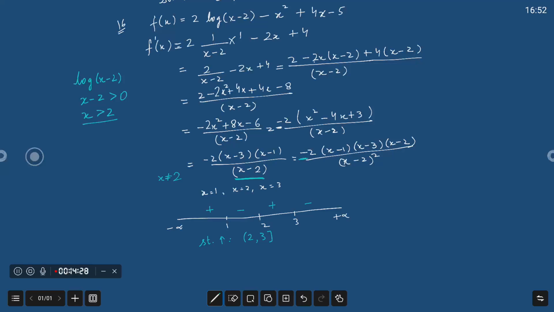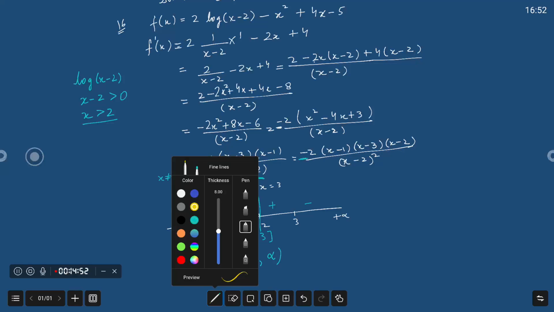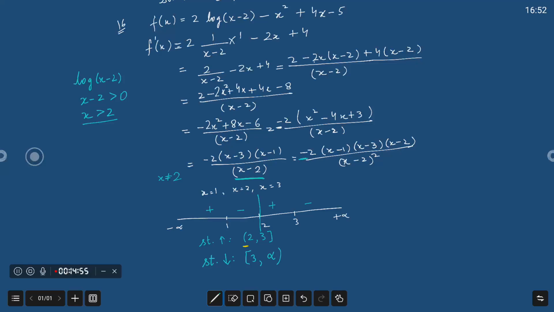So that's why when you are writing the intervals for strictly increasing and decreasing, you will consider only the intervals on the right side of 2, not the intervals on the left side. Just ignore them. So the answer for this is going to be strictly increasing in the interval 2 to 3 and decreasing in the interval 3 till infinity. Now here, why is the interval starting with 2 open? Because x cannot be equal to 2. We have written this condition also. So it has to be a circular bracket, not a square bracket here. So this exercise is done, and after this we are going to start a new topic, maxima and